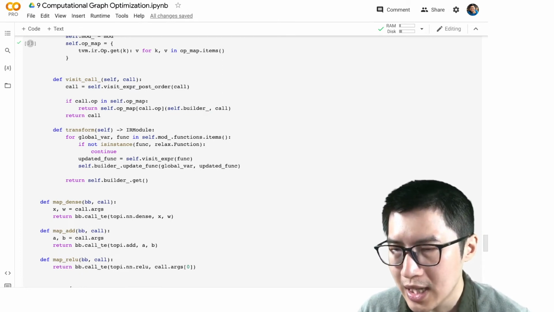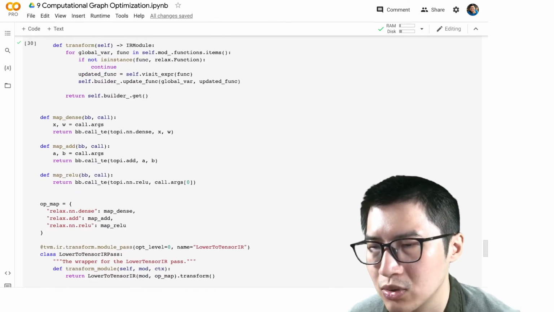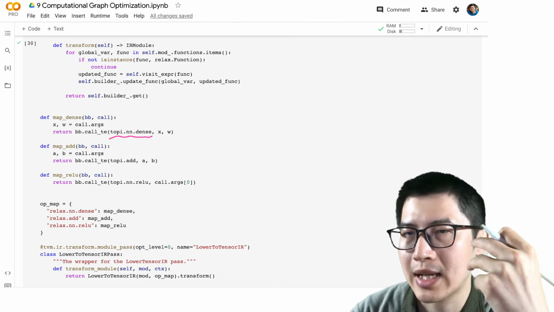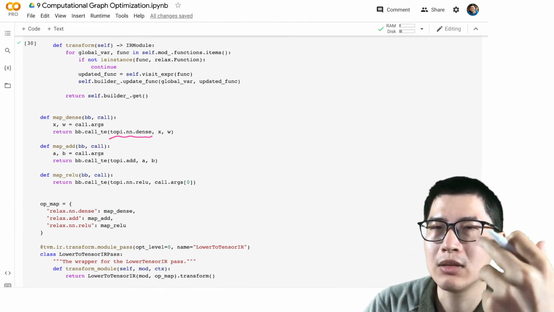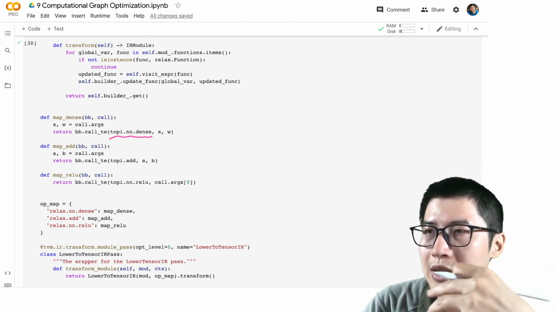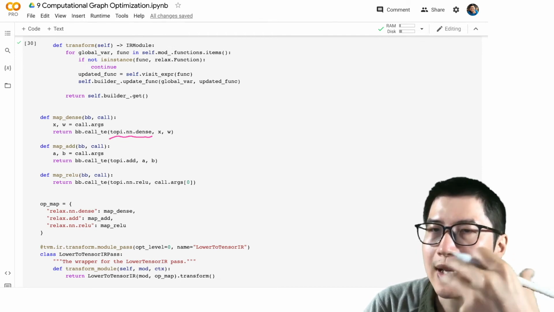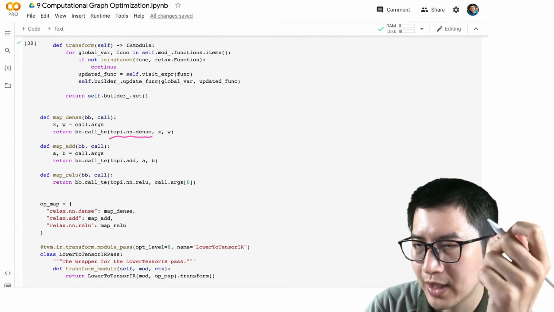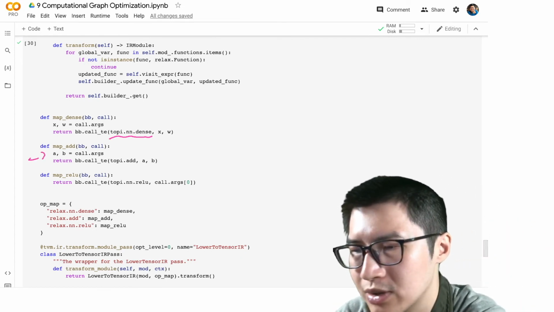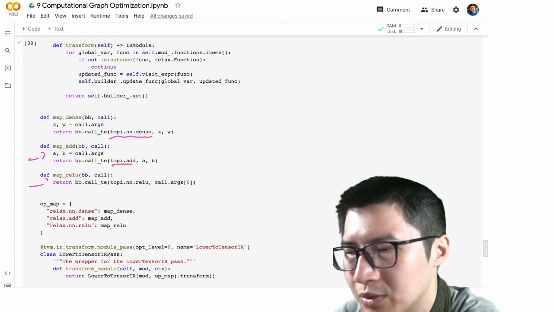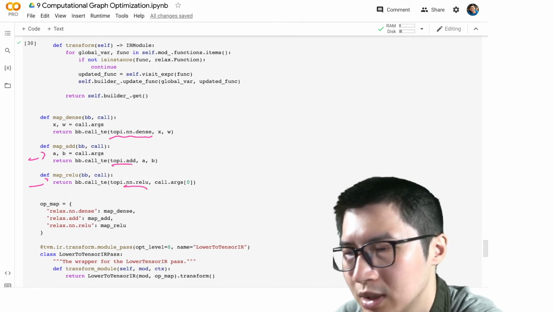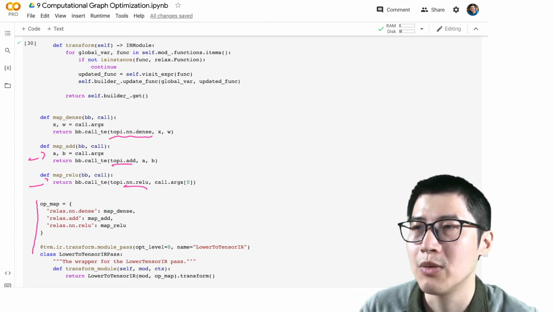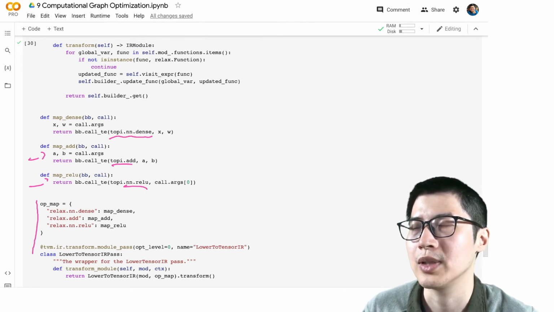Okay, and once we do call TE, under the hood, the block builder is going to create a new tensor function using the tensor expression, and then generate a call tier node that calls onto that tensor function. So similarly, for add, we're just going to call the top_i.add, and for relu, we're going to call top_i relu. This is the corresponding lower level mapping function that we can customize and send onto this